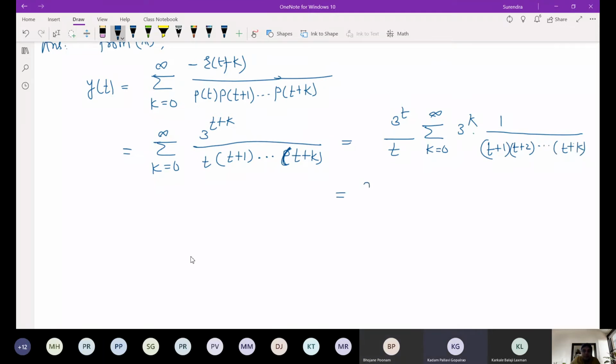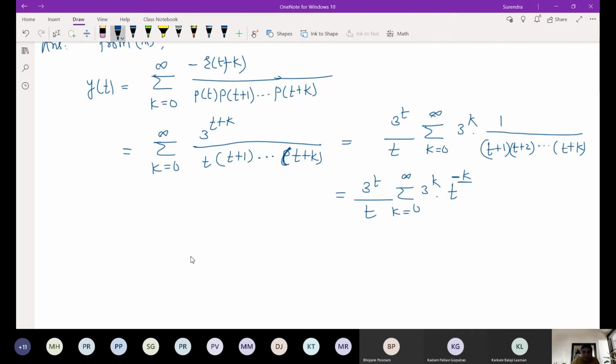And this I can write as 3 raised to t upon t, summation k is equal to 0 to infinity, 3 raised to k, then 1 upon this I can write as t raised to minus k falling. I can keep it as it is, or I can write it in falling power also. Yes, this is a factorial series. So if this series converges,